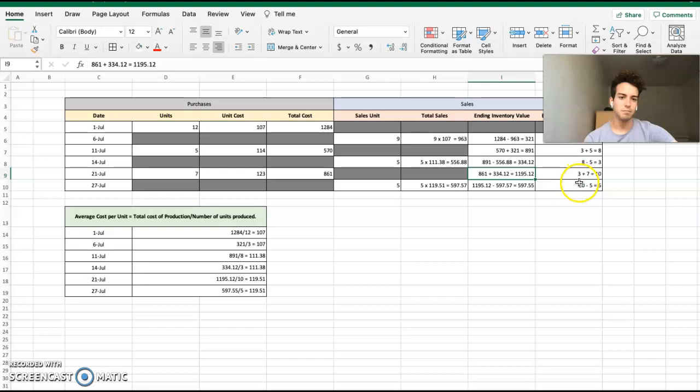And let's see, we bought 7 and we had 3 left over from our previous ending inventory. So I'll add that together, and that gives us 10. And then to find the average cost for this unit, we'll take this number right here and divide it by 10, as you can see I did here, and that will give us